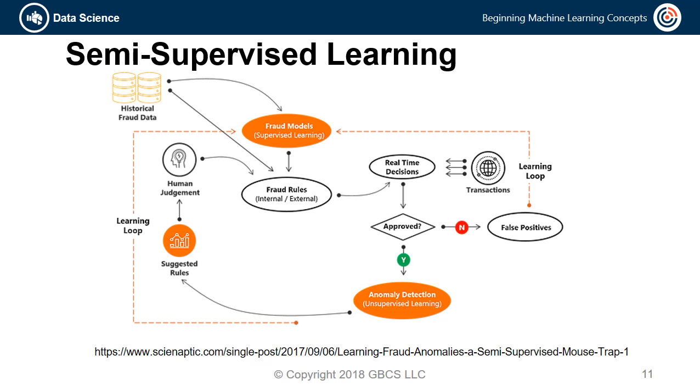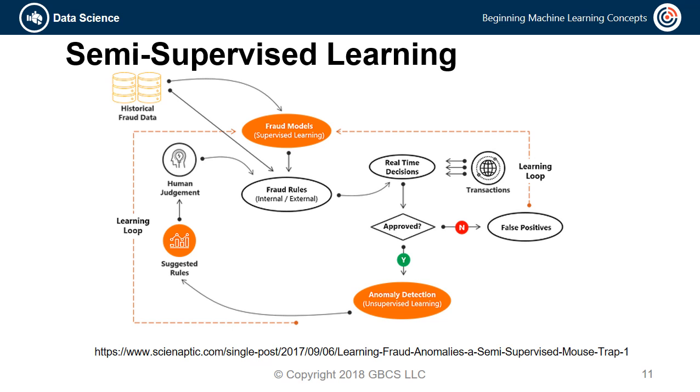So to create an effective fraud detection engine, we have to think before the decision of yes or no of is this fraud. We have to think about the rules that govern our decision and even the machine's decision of labeling fraud or not. This is when semi-supervised learning comes in. There are two ways we can determine the rules that help us decide if a transaction is fraudulent or not: historical data and raw transaction data. Historical data, which is featured in the upper left-hand corner, comes with naturally occurring labels and red flags detected by humans to help create the rules.